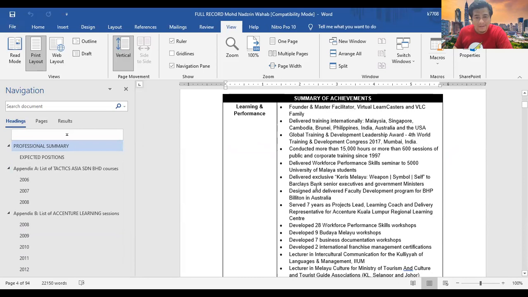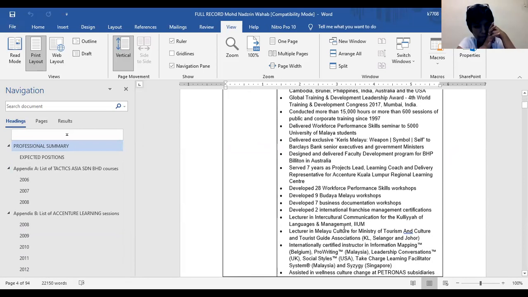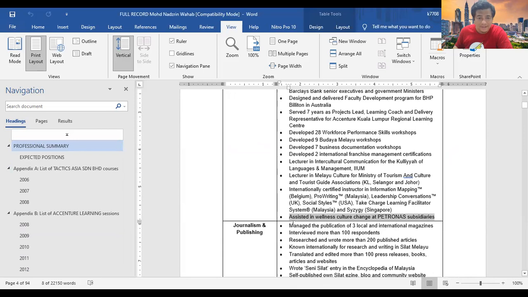Remember I told you I did training for Petronas? This single line was 2 years worth of work I couldn't quantify, from 2004 to 2006.